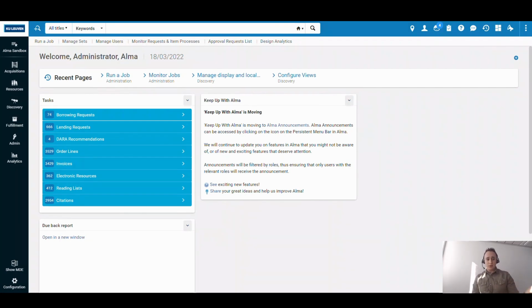The template is useful for you to define the contents of your label, so what you want to print on your label, let's say the location of the library or the call number of the physical item or maybe a barcode. And the layout is useful for you to define the dimensions of this label. So how much is going to be the height of the label, how much is going to be the width of the label, maybe the orientation, is it going to be portrait or landscape, and so on.